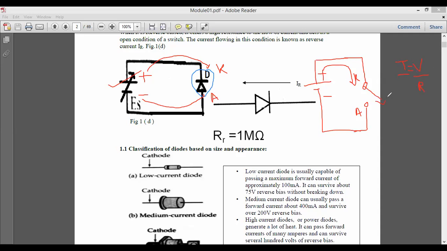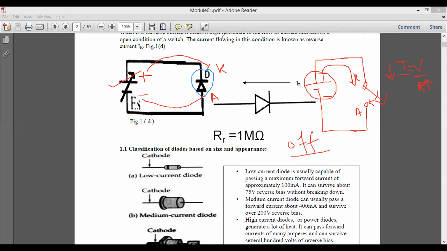It is just like the switch is completely open. When the switch is open, the resistance offered by the circuit will be large and the amount of current will be low. Therefore, no charge I applied here will flow through the diode, and hence your diode is said to be off.